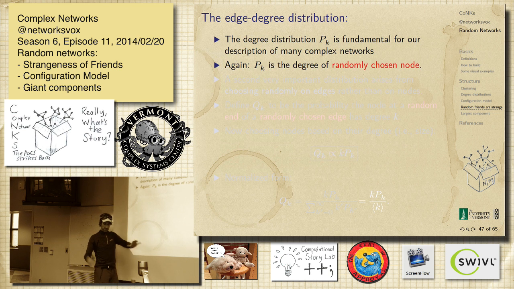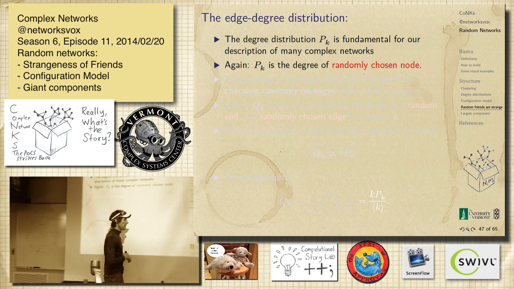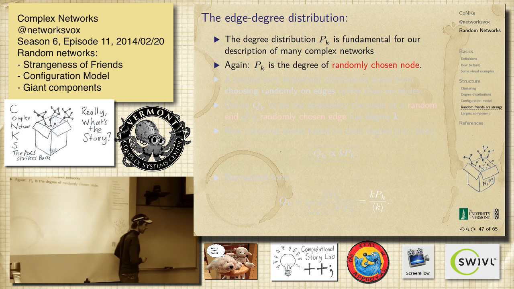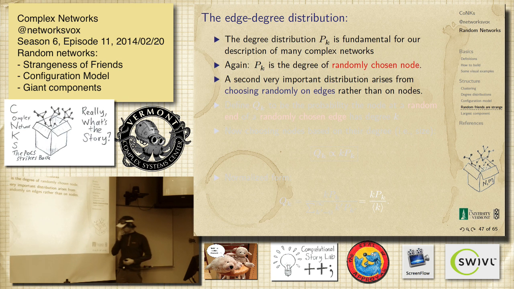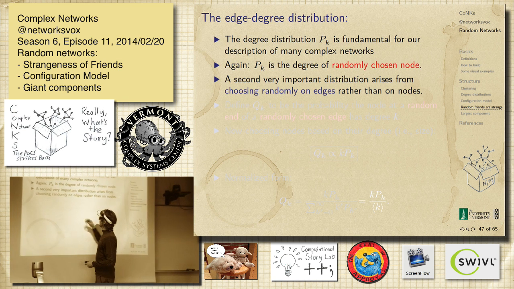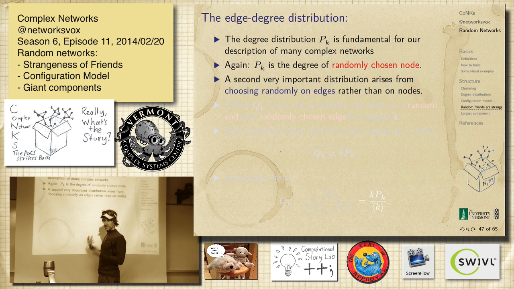And so okay, we've got a network, we're going to choose a node, we're going to point to a node at random, right? The n nodes, you roll your n-sided thing, and it comes up with 17, and you go to that one, and you look at its degree. So this is the probability that a randomly chosen node has a certain degree. Really important for thinking about how these things are connected, how things spread on them, and not just random networks,